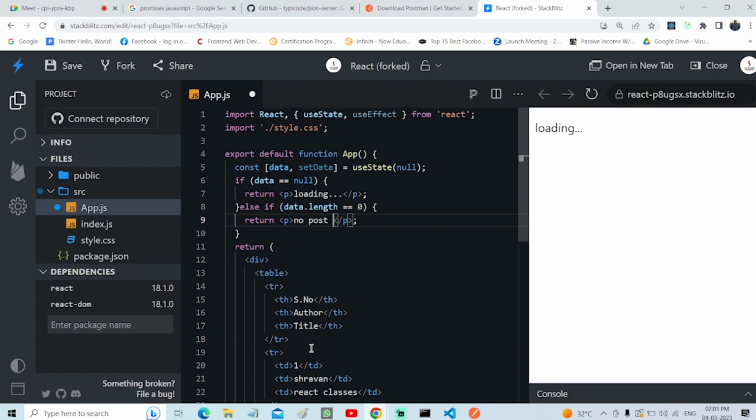Yeah, no posts available. Whatever, just show no posts. No posts to show. Whatever, you just write your message. Okay, so now you have your UI with you, and maybe here